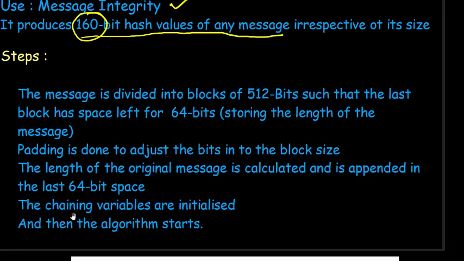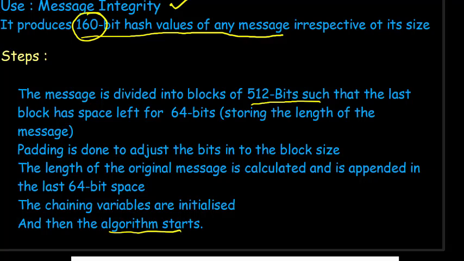Then we use some chaining variables. Whatever 512 bits we have are divided into sub-blocks, and these sub-blocks are operated with the chaining variables, and that is how the algorithm starts.